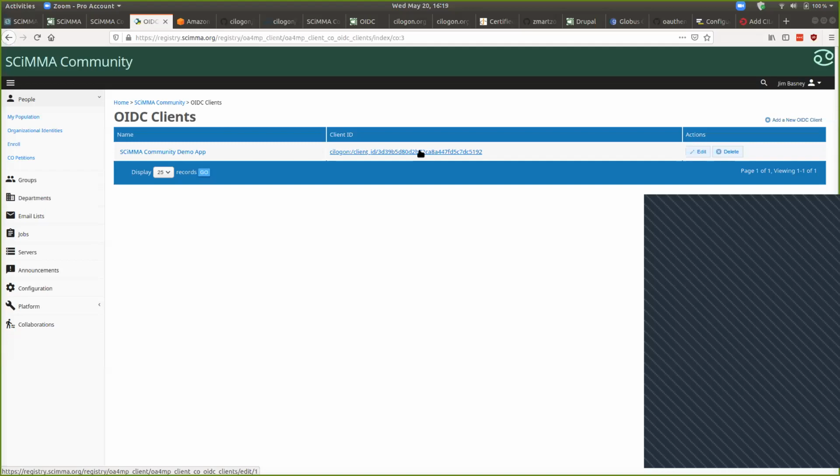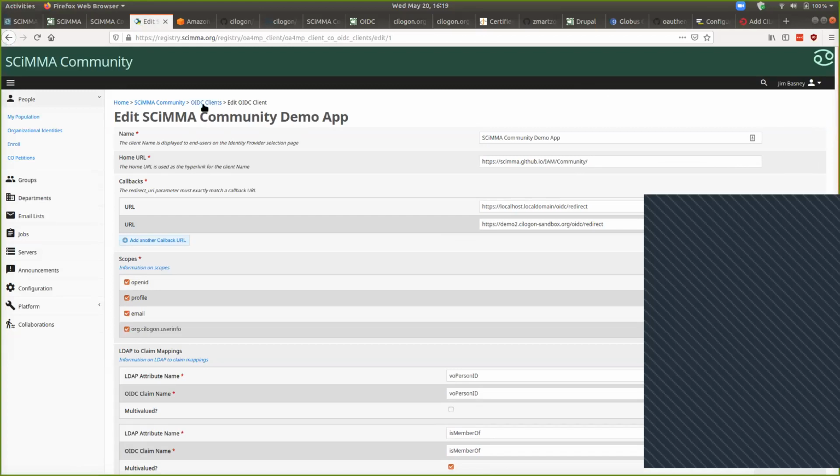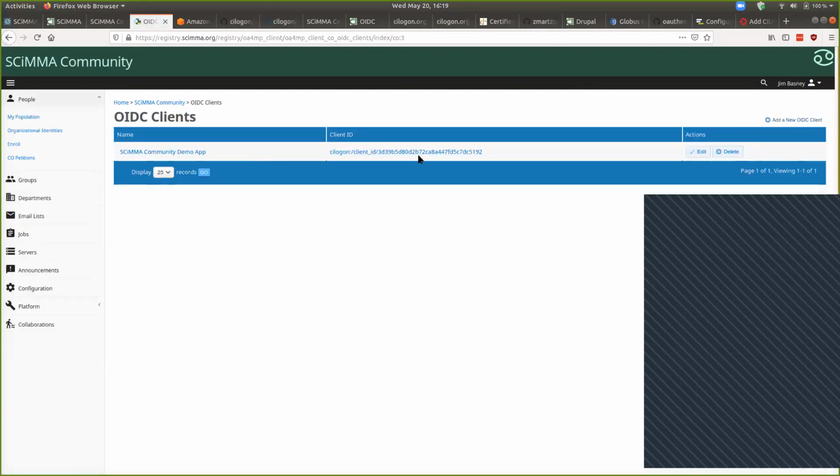We do hope to contribute it back to CoManage, but it's an example where there's some flexibility. We can have modifications to CoManage as part of CILogon that don't have to immediately go back to the CoManage main branch. And so note this client ID here,